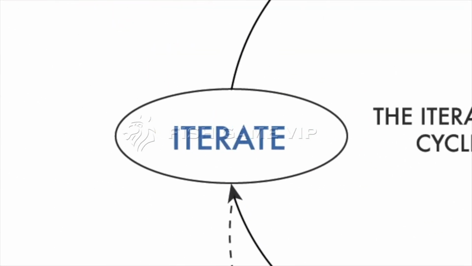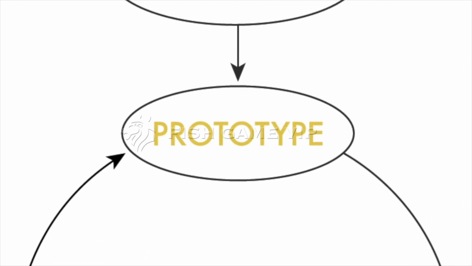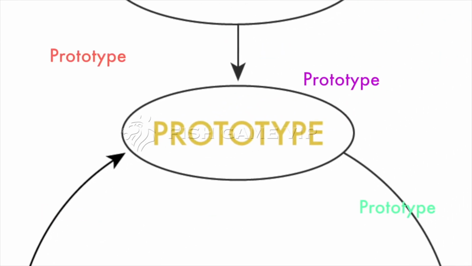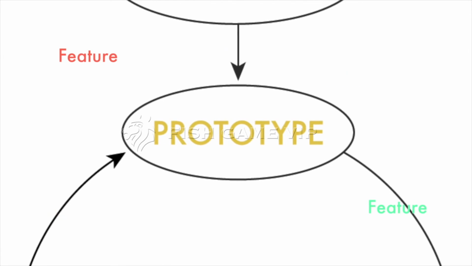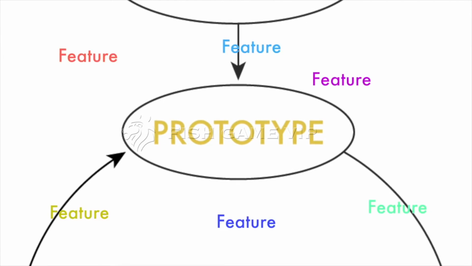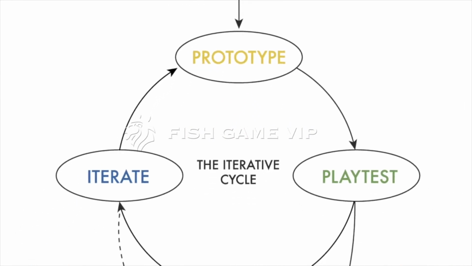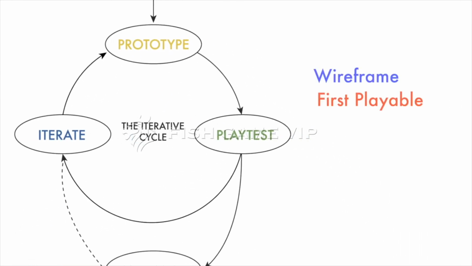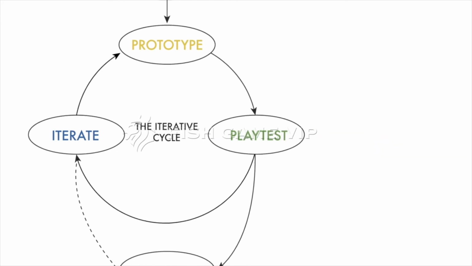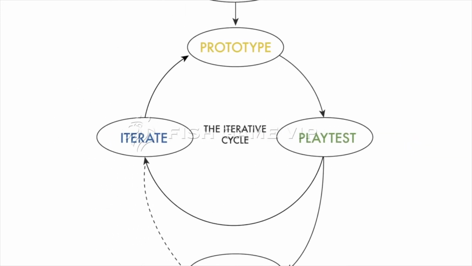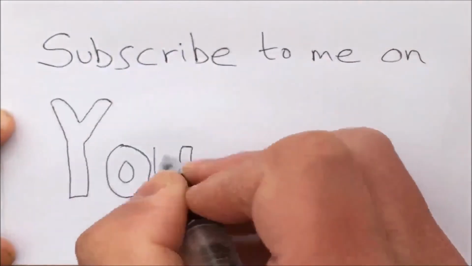And then iterate again, and then back to the prototype stage where you'll be cutting different prototypes that don't work out, and cutting features that don't work, and adding new features to test, and cutting features that used to work but now don't. And eventually you'll begin to focus on one prototype, and you'll keep iterating on it, and eventually make a wireframe, and a first playable demo, and an alpha build, and a beta build, and then eventually, after enough cycles through the prototype, playtest, and iteration stages, you'll